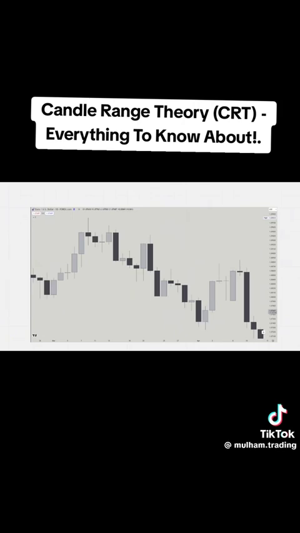If you've been trading previous day high or previous day low, then you're basically trading what? Candle range theory. And it doesn't need to be in a fancy name because that's common sense. Now, again, the same thing here. What we have is, let's say right here, sweep, go into the high, and it happened here. Sweep, go into the low. So trading previous day high or low that people have been trading for a long time now, for years and tens of years, it's the same as candle range theory, but no one needed to call it new names. Okay, so that's the thing.